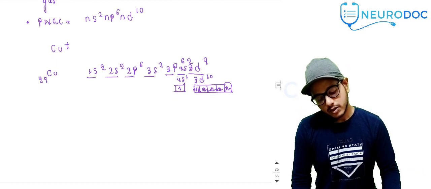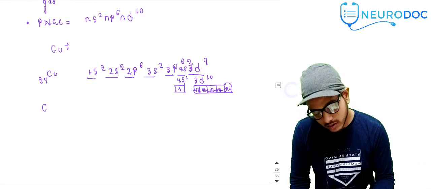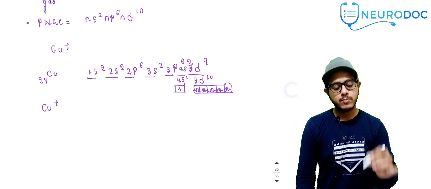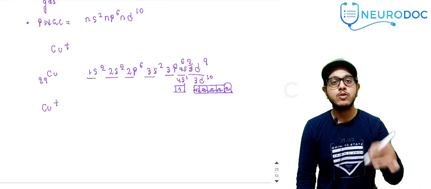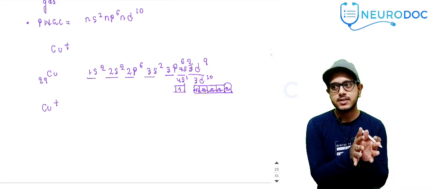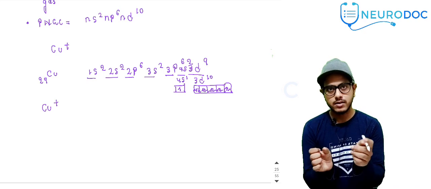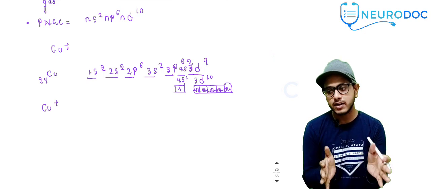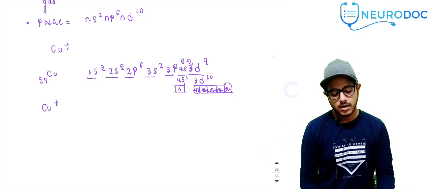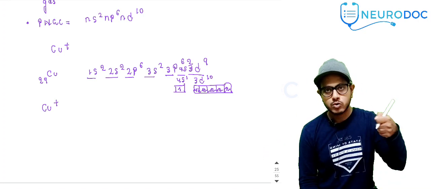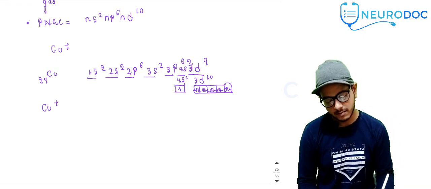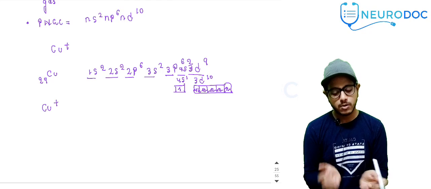Okay. Now, if I draw Cu+, copper+, the electron will be removed from the outermost orbit. What is the outermost orbit here? The 4th orbit. Although 4s is filled first with electrons because it has lower energy, you will know this in atomic structure. But while removing an electron, you will remove an electron from 4s first, okay, because it is the outermost orbit. So